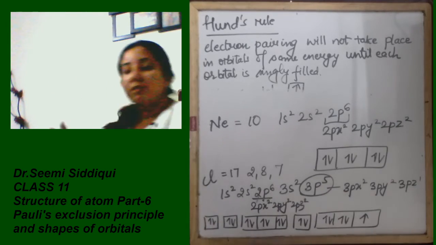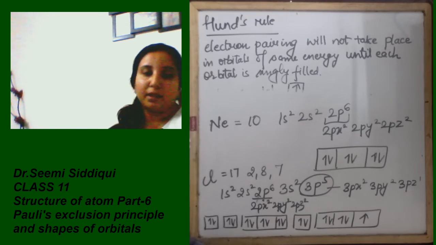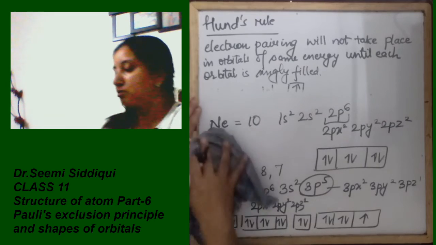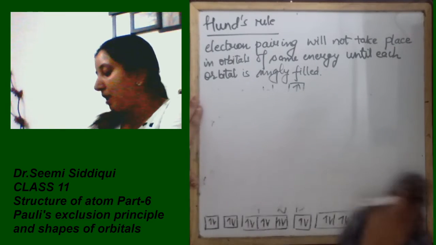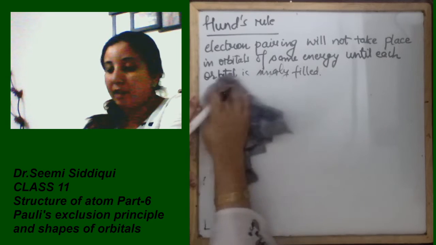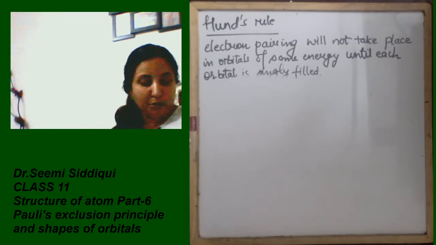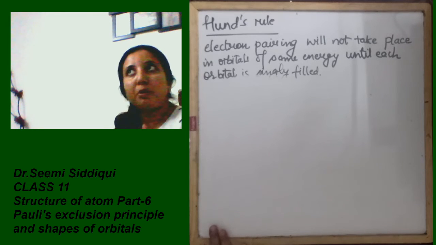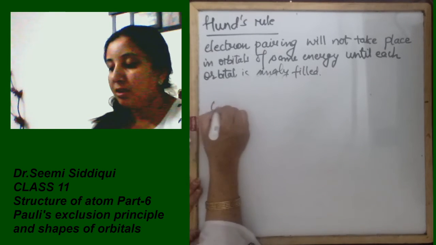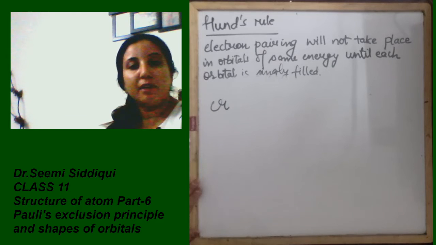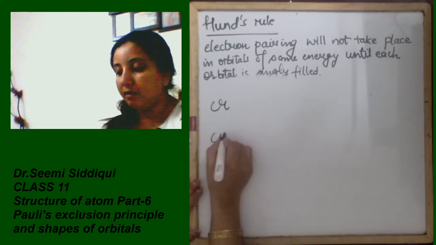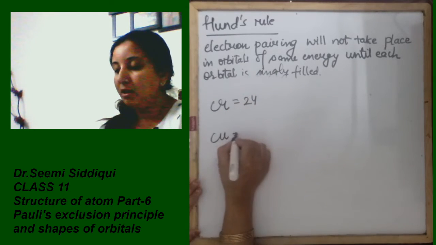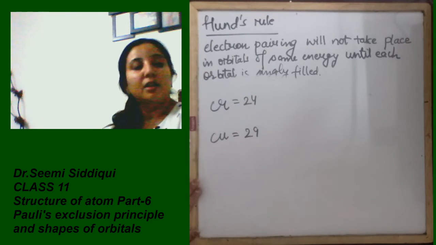Now जब हम ये सारी फिलिंग्स करते हैं, electronic configuration लिखते हैं, we have a few exceptions also. For the class 11 आप लोगों को जो exception याद रखना है, up to 20 we are not having any problem. 20 तक हमें कोई problem नहीं है, even 23 तक हमें कोई problem नहीं है. जो आपको electronic configuration याद रखनी है वो है क्रोमियम की और कॉपर की. क्रोमियम का atomic number is 24, कॉपर का 29.